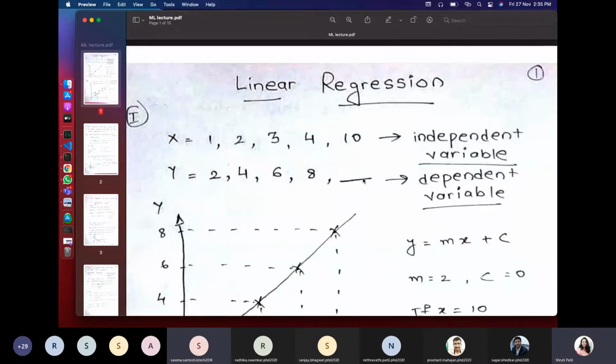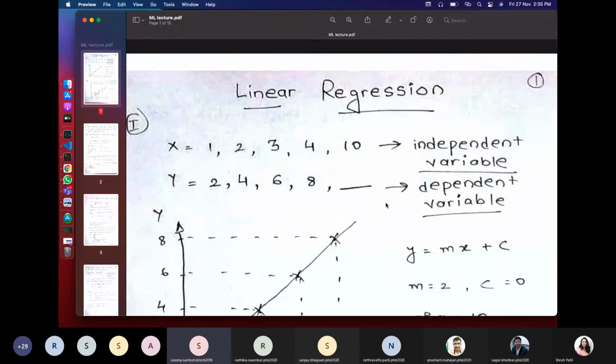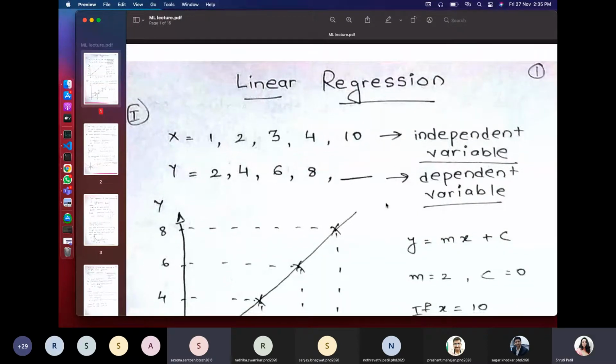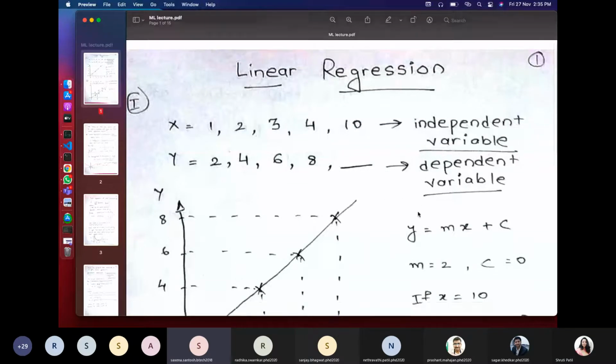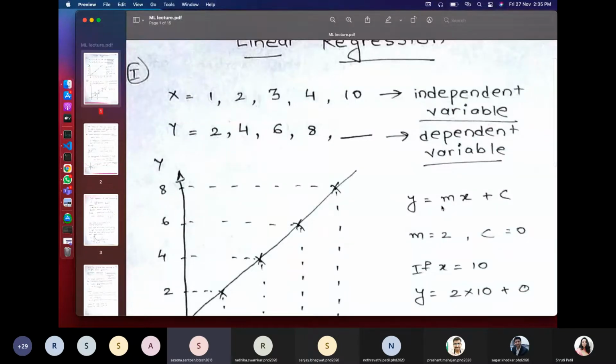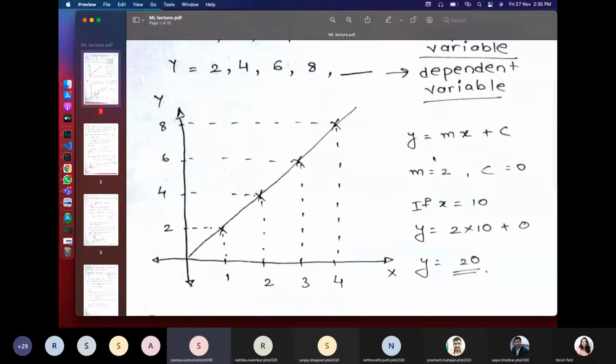Yes, ma'am. So I have zoomed it because the answer is below. Yes, so as one of you answered that y will be 20, our brain just took this value as 2 and multiplied it with the value of x. So we got the value as 20. So the calculation is done like this.